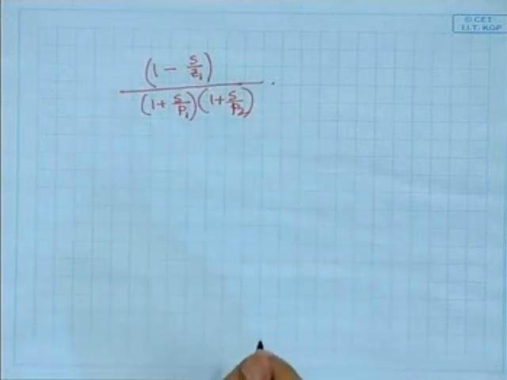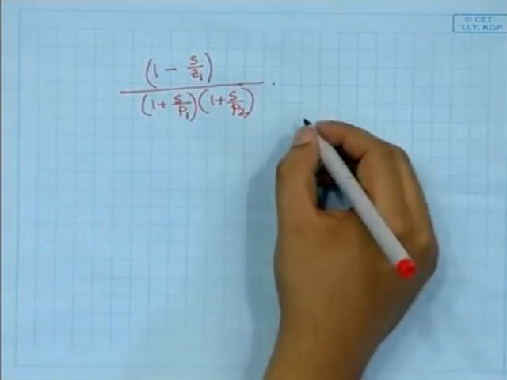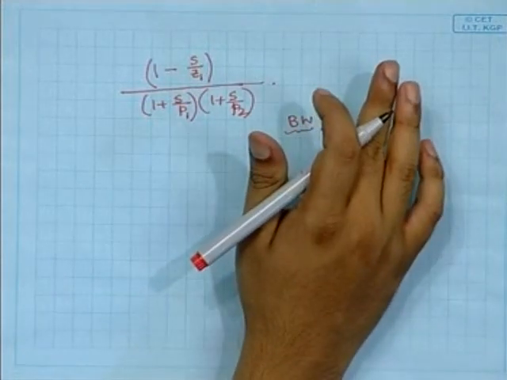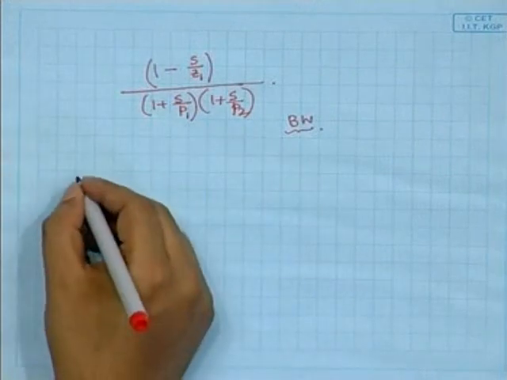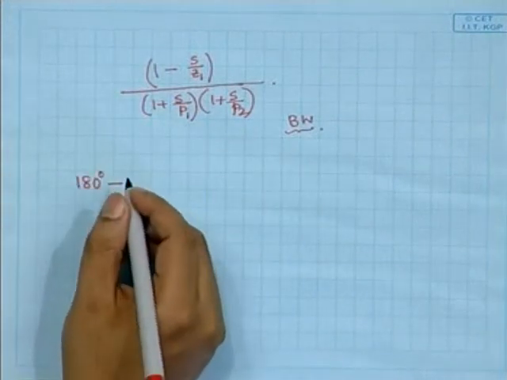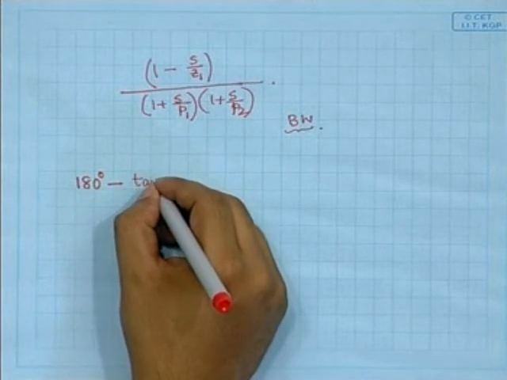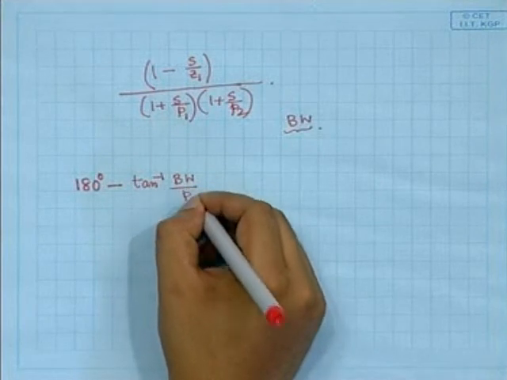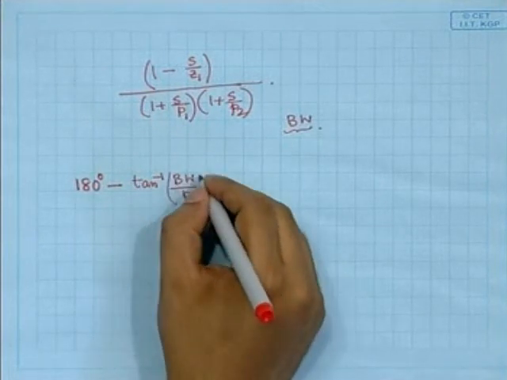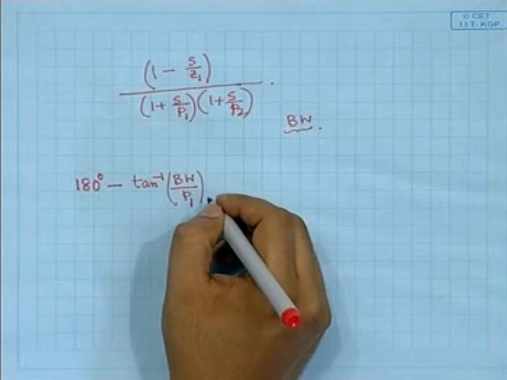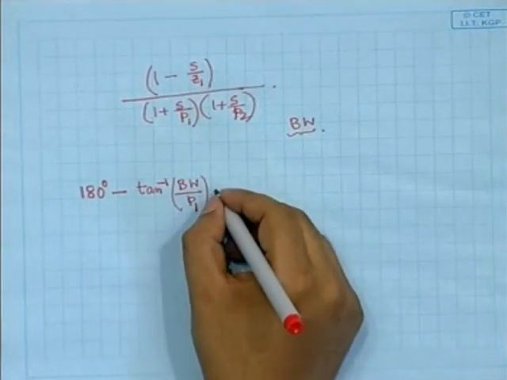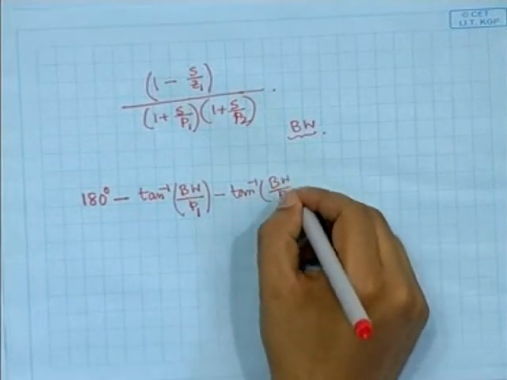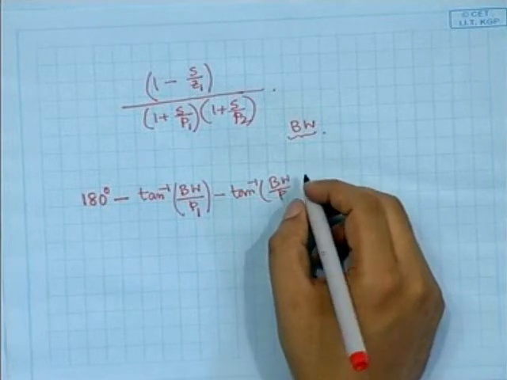Suppose at the unity gain bandwidth we want to calculate the phase. It would be 180° minus tan inverse of BW by P1, then plus or minus